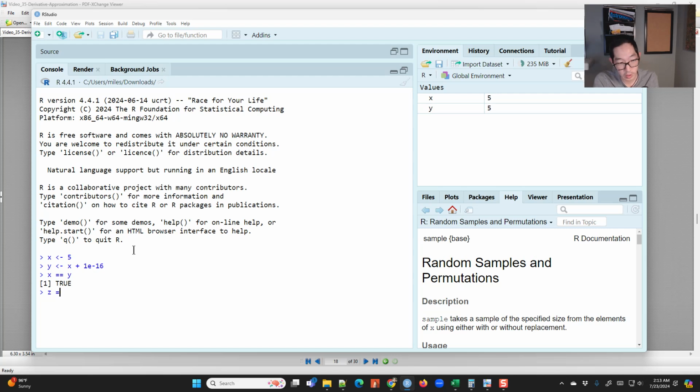Let me try here, if I do x plus 10 to the minus 15, okay, is x equal to z? It's able to distinguish between these two, okay? But trying to add 10 to the minus 16 to 5,